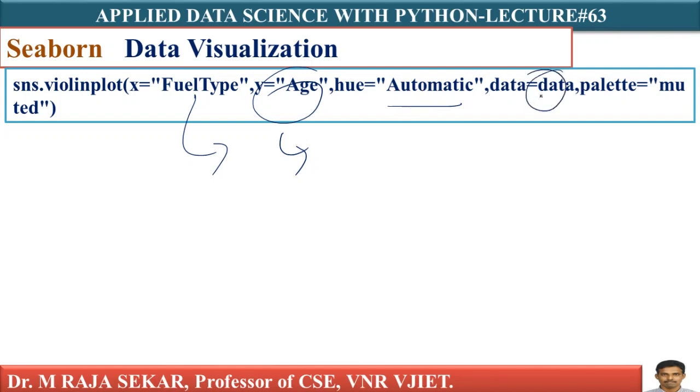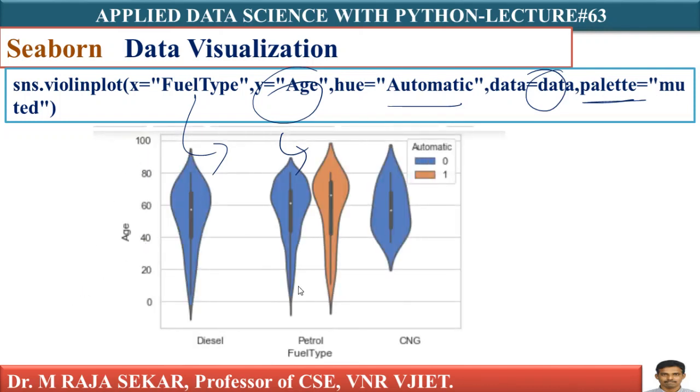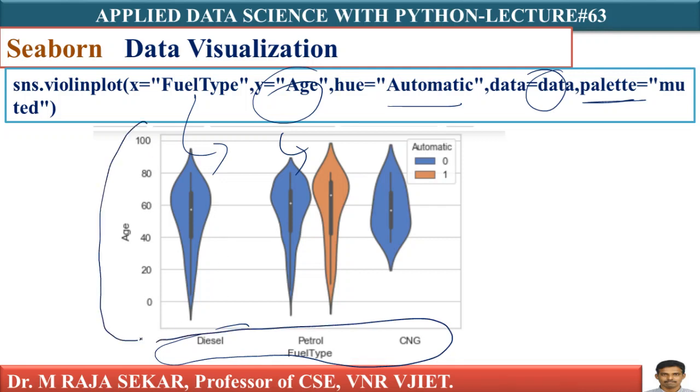Data is my data frame name. I already explained what palette is. Muted means which possible values it can take, isn't it? Now this one is the output. On the x-axis I am taking fuel type: diesel, petrol, CNG. On the y-axis I am taking the age of the car. I am comparing them depending on the hue parameter automatic. This 0 means manual car, whereas 1 means